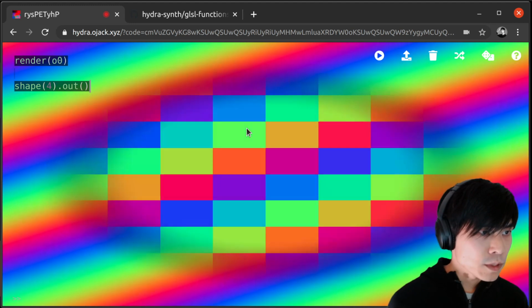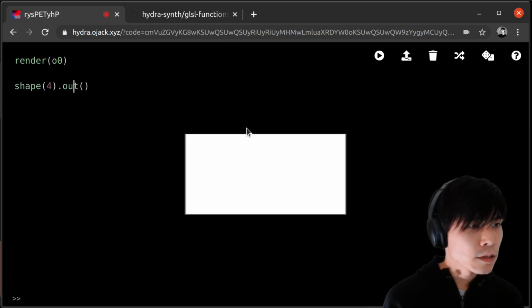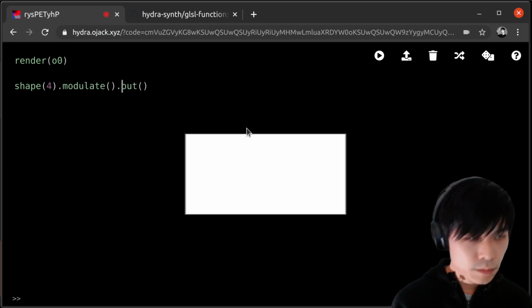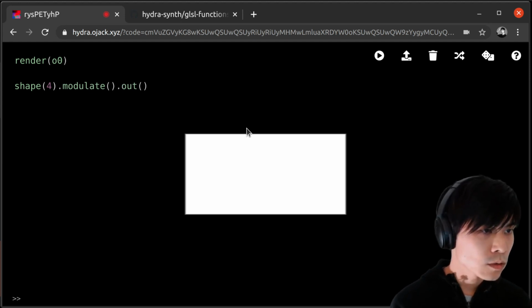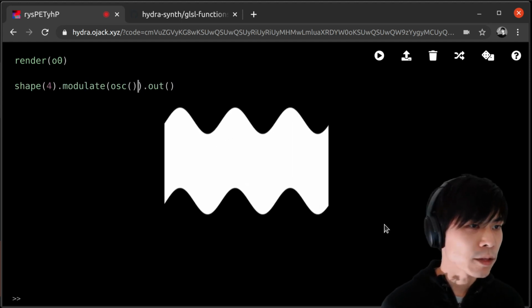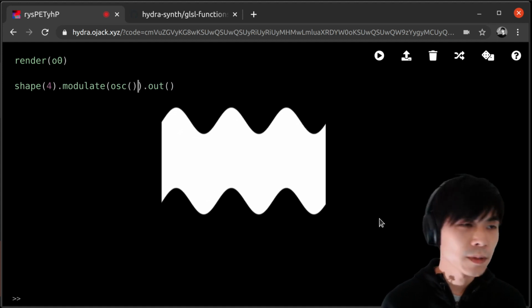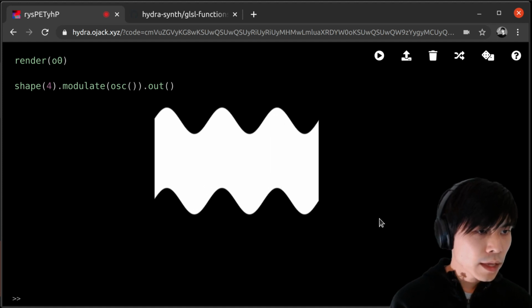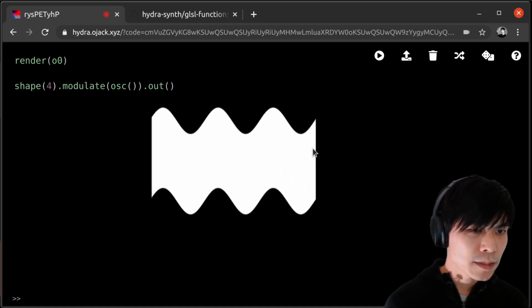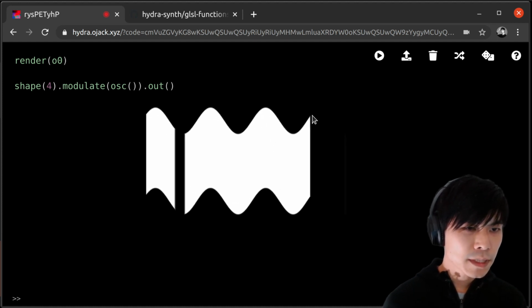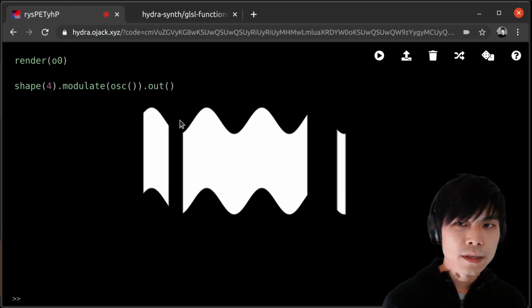I'm gonna try with the shape, and I want to see Modulate. Let's say this time instead of noise, I would like to use oscillator. And I think you have seen this kind of pattern before if you're experimenting with Hydra and modulation. And what's bothering me is that there's a weird discontinuity, and also it's a bit unpredictable because actually this modulation